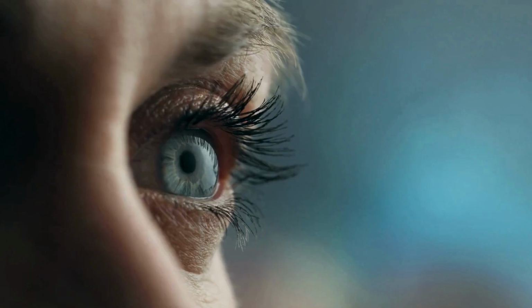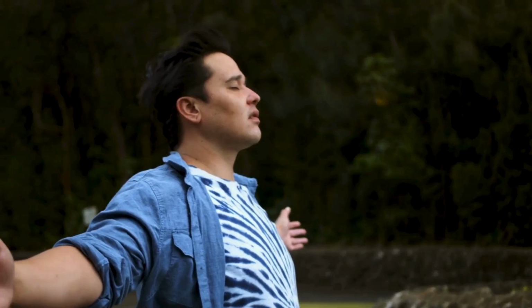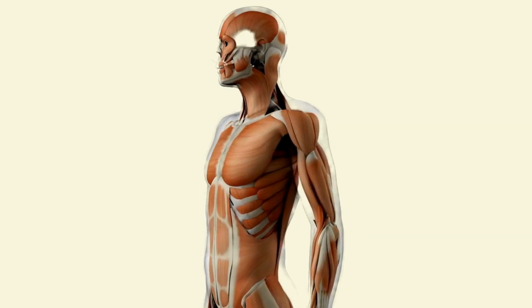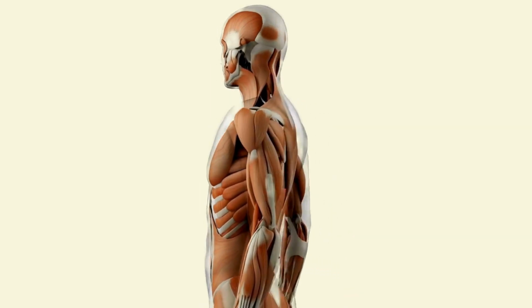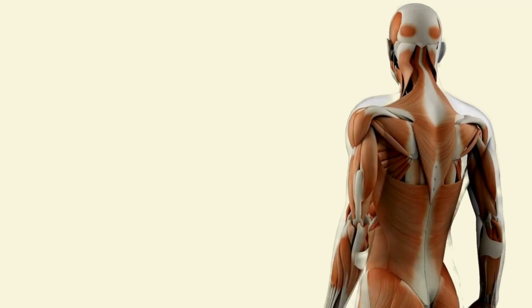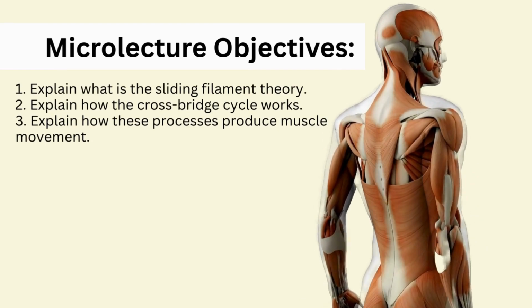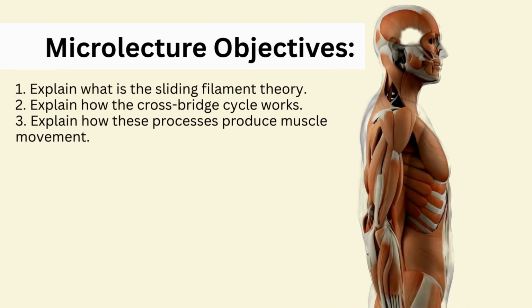Every time we walk, blink, smile, or even breathe, our muscles are contracting. But what actually happens inside our muscle cells that allows movement to occur? In this microlecture, we will explain what the sliding filament theory is, how the cross-bridge cycle works, and how these processes produce muscle movement. By the end of this discussion, you should clearly understand how muscles convert chemical energy into